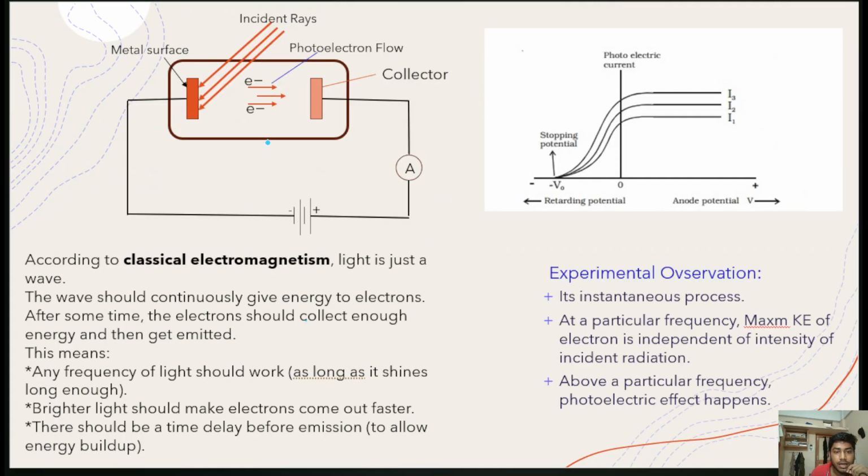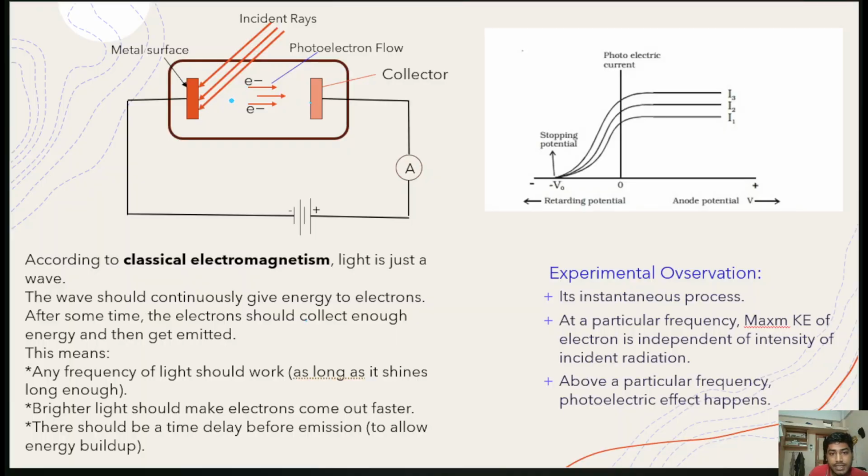Okay, there is an experimental setup showing how scientists have done the experiment on the photoelectric effect. There is an evacuated tube. Evacuated tube means there is a vacuum inside the chamber, inside the tube, and there is a metal surface, and this one is the collector. So when the incident rays fall on the metal surface,